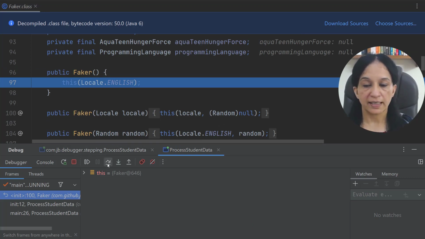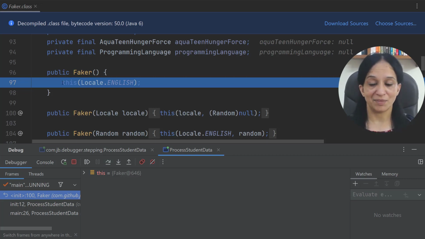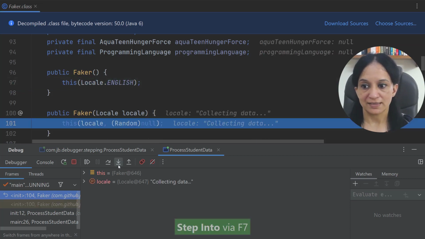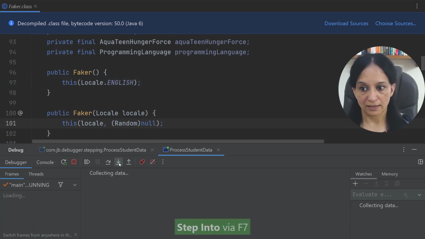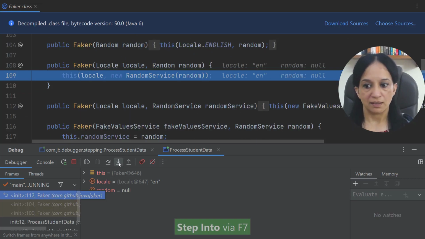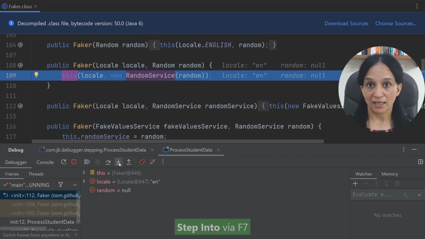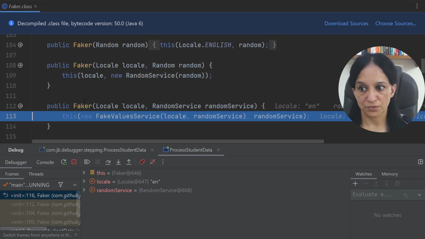I want to again step into this method because at present this doesn't give me a lot of information. So I step into this method again, and again I want to step into this method again, and I get a choice which method do I want to step into. That's again a step into,